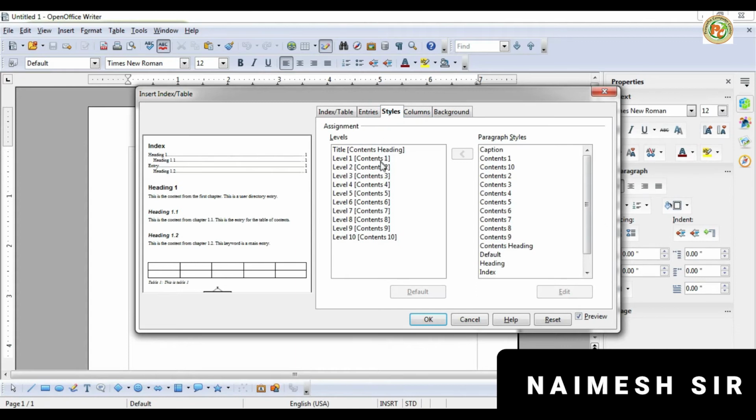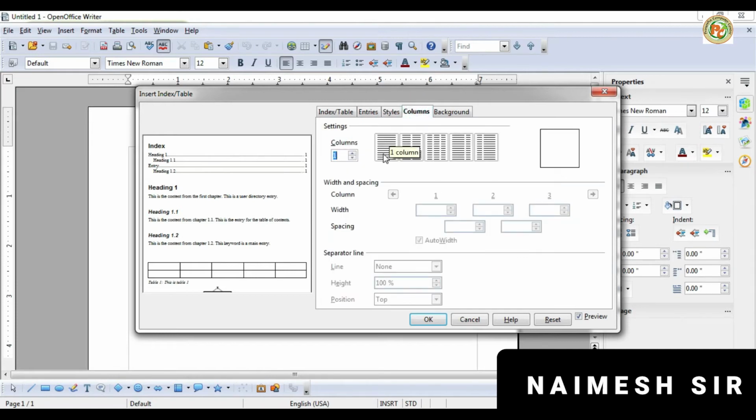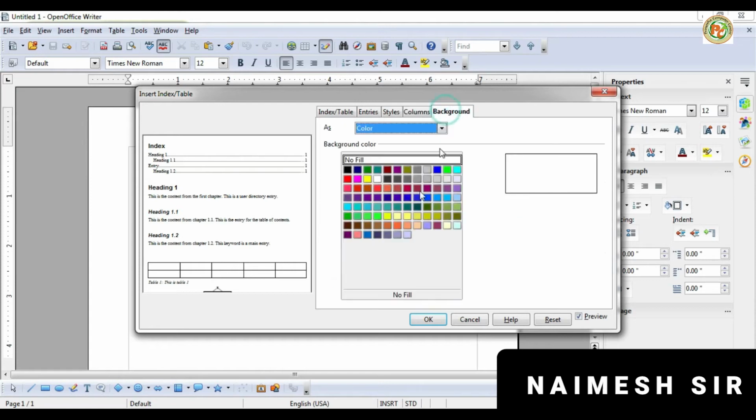Then we can apply these tiles also, like this kind of tiles. If you double click and want to insert it here, you can insert it here. How many columns do you want to insert here? Here 1, 2, 3, 4 and 5 columns are there. If you want to insert columns or rows, we can insert them here. If you want to set the background color, you can set it from here also.